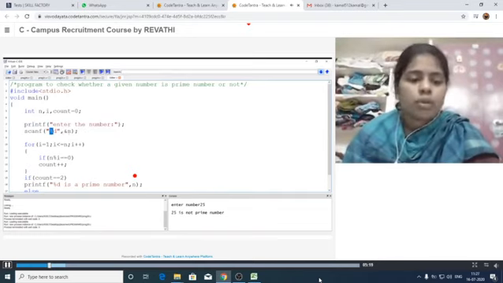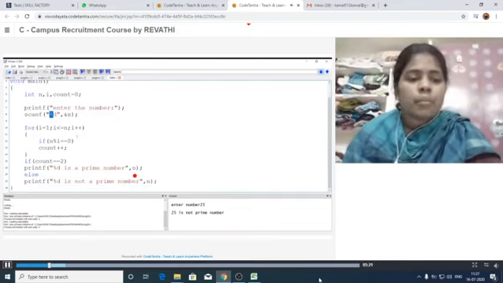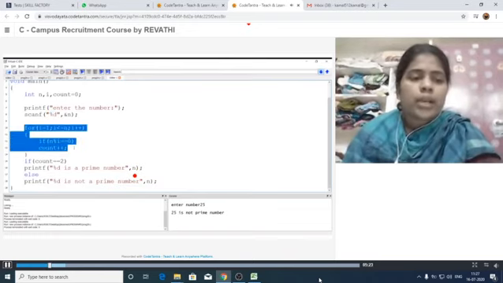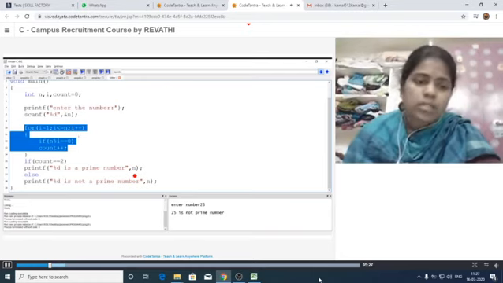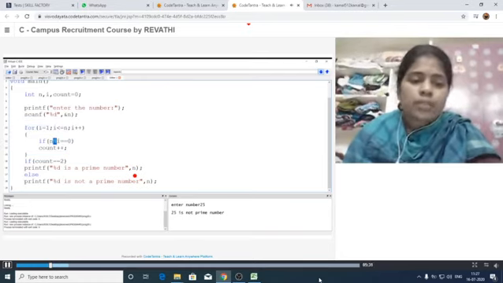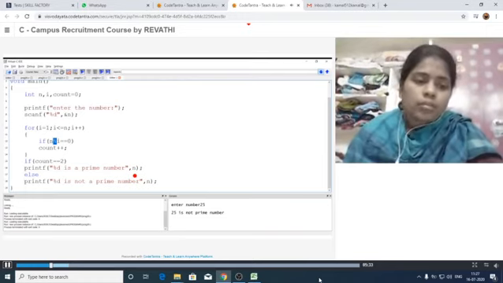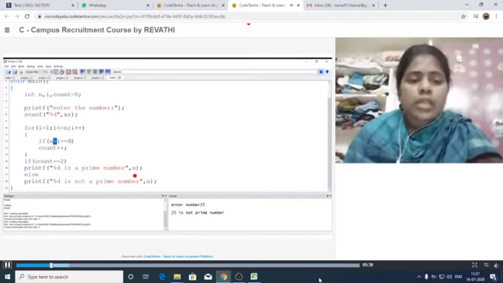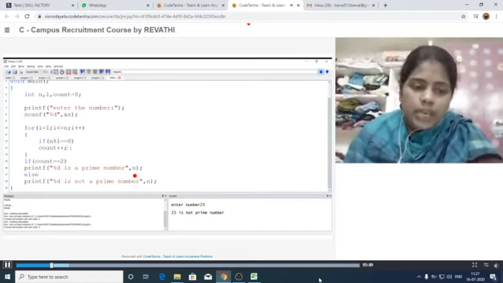%d, &n, and it is checking the condition for i = 1, i <= n, i++. If this condition is true, then it checks whether n modulus i is equal to 0 or not using the modulus operator. Whenever this condition is true, only then the count value is incremented.